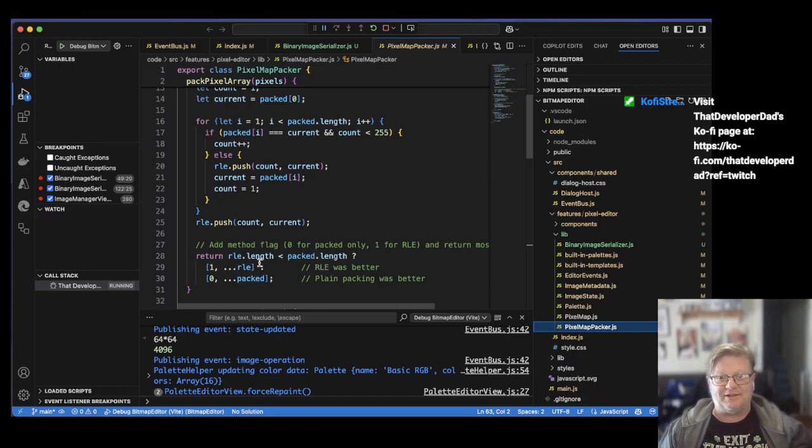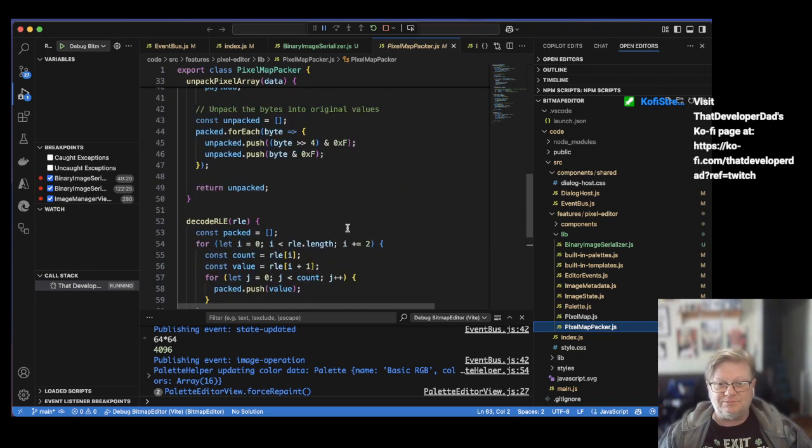If run length encoding turns out to be advantageous, then we go with that option and add a flag to the start of the packed pixel array saying run length encoding against the packed array worked out. So we do both. And then down in the decoder,